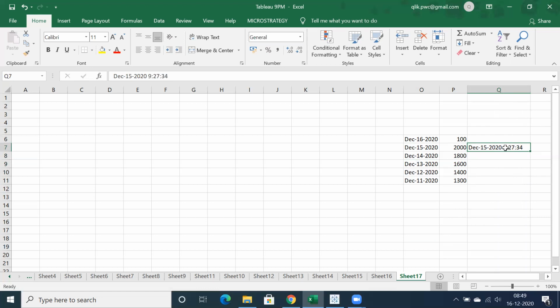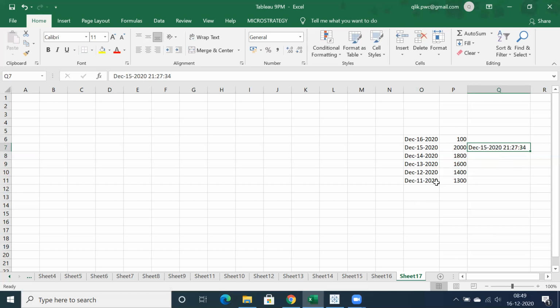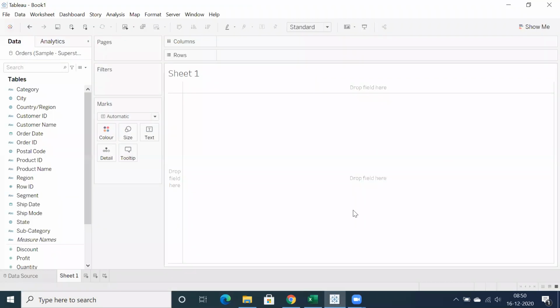9 in the sense it's an Indian time, so you can go for a 12-hour or 24-hour format, like 21:27:34. Okay, 9:27, 34 seconds. So if we convert this into 24 hours time, we can capture proper data. What I meant to say is the exact date and time at which the last extract refreshed. That is a very simple point.